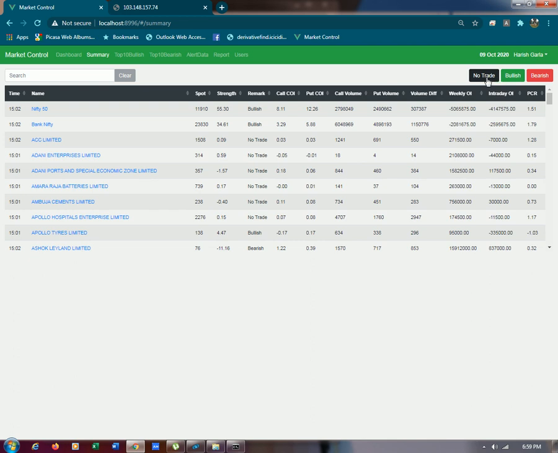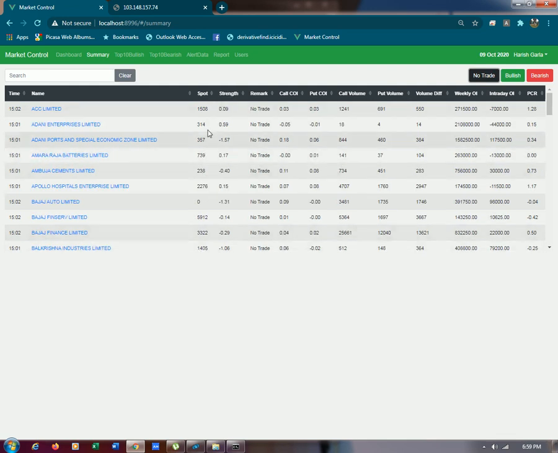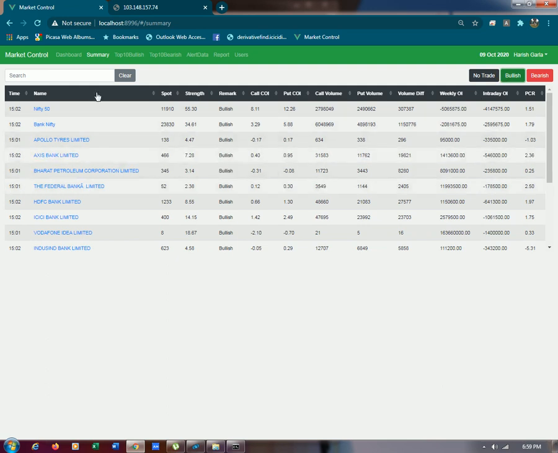And in the bullish column, you have to see what are the stocks on the bullish side, and these are the stocks which are filtered with a good quantity of buyers by our system. And here you can select the stock by seeing the maximum strength. It automatically gives in descending order. Highest strength on the last trading day is Nifty 50, having 55.30. So Nifty is the best trade that you have to take on the last trading day. After that, Bank Nifty is also good, and Apollo.